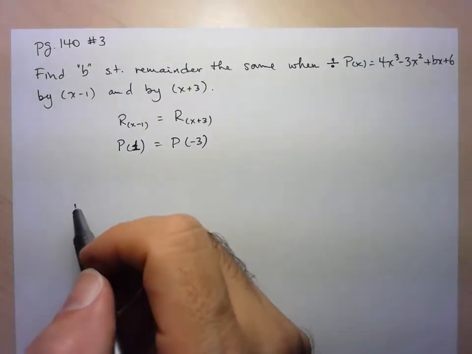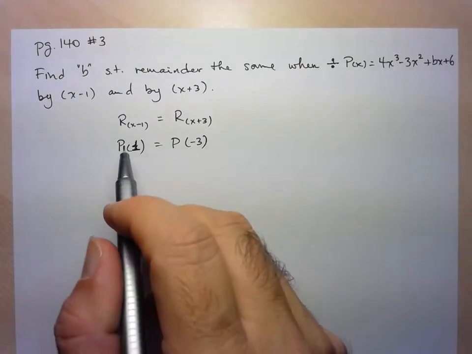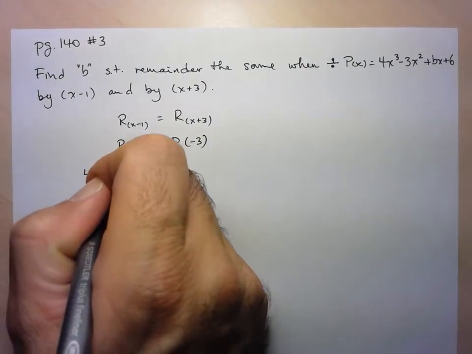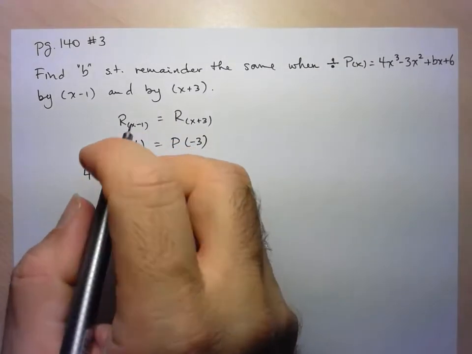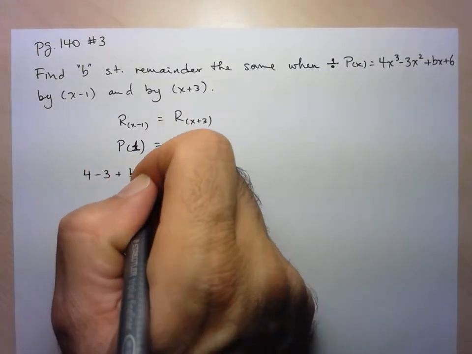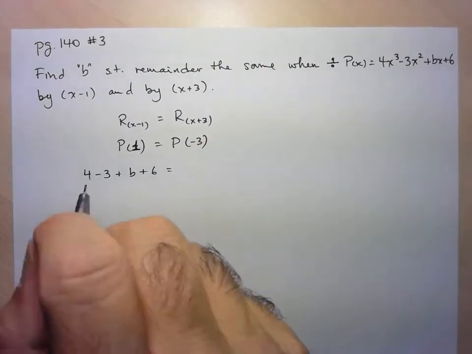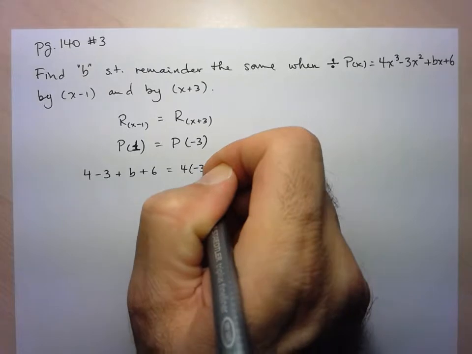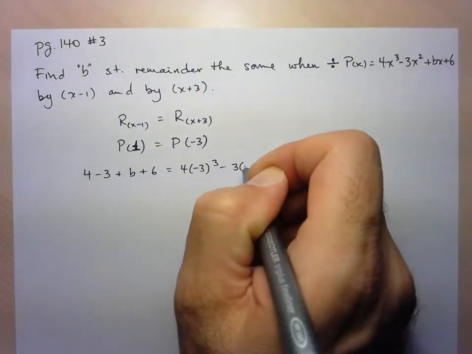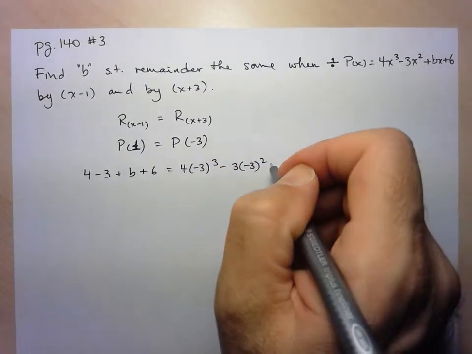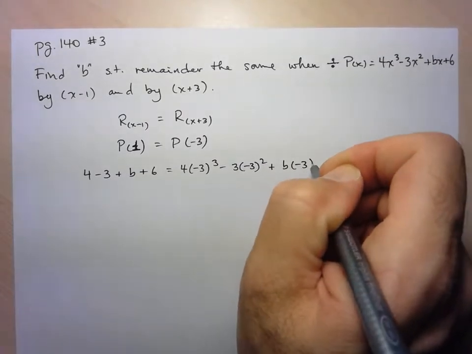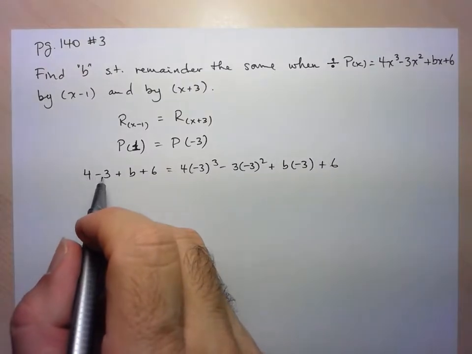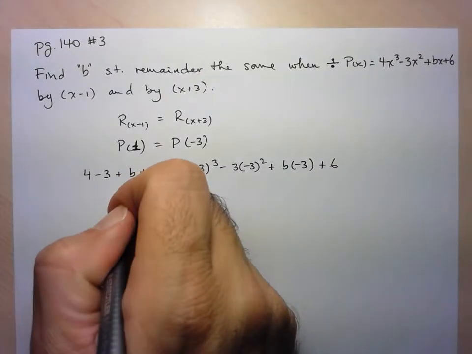So all we have to do is just plug these numbers into the polynomial. So let's start with p at 1. So what do we have? We have 4 minus 3 plus b times 1 is b plus 6. Nice and easy. And now we'll stick in -3. So 4 times -3 cubed minus 3 times -3 squared plus b times -3 plus 6. Okay, so here we have 4 minus 3 is 1, plus 6 is 7, so we have b plus 7